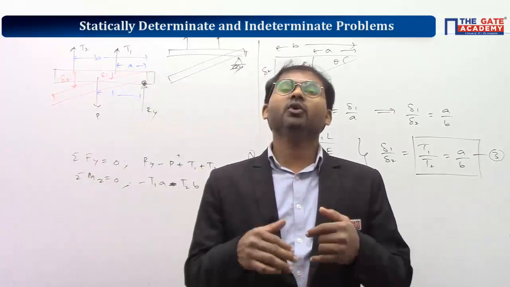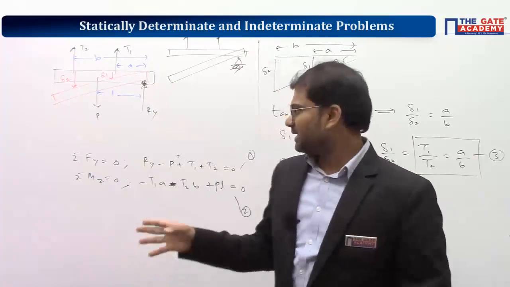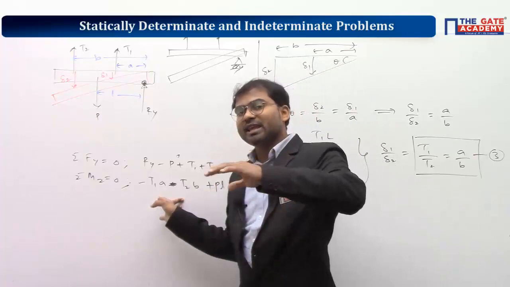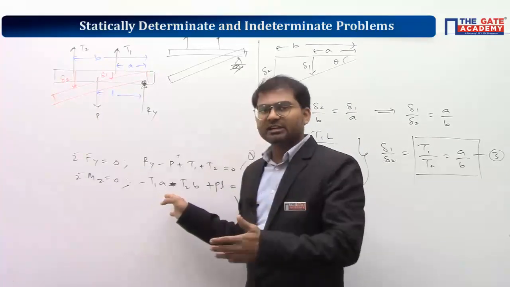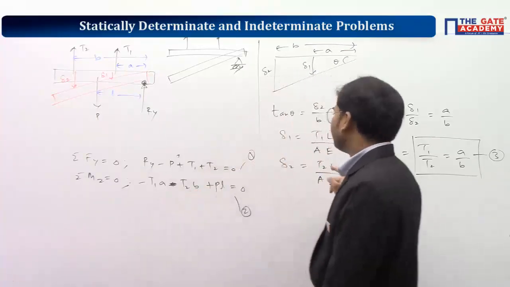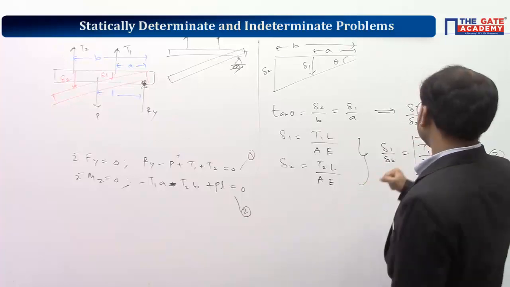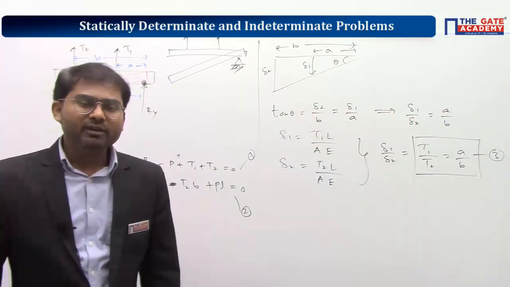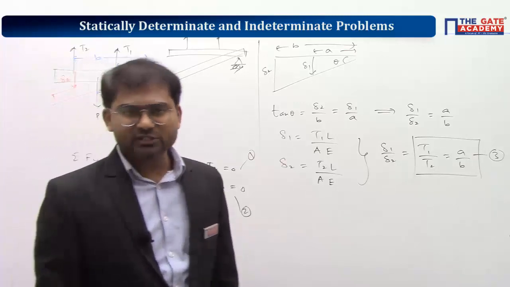Understood? Ankit, if you are able to get the answer in this way by using these two equations, that's fine. But substituting every option is definitely time consuming. If you do this one extra step, you can simply say the T1 by T2 ratio should be A by B, and simply get the answer. Fine? Okay? Kindly go ahead with the next question.